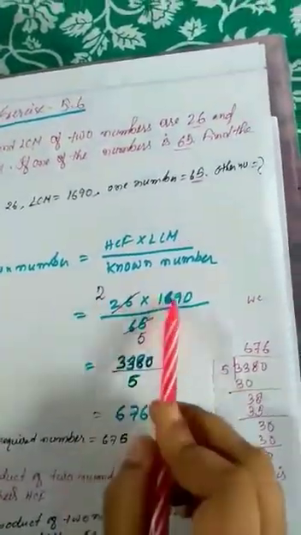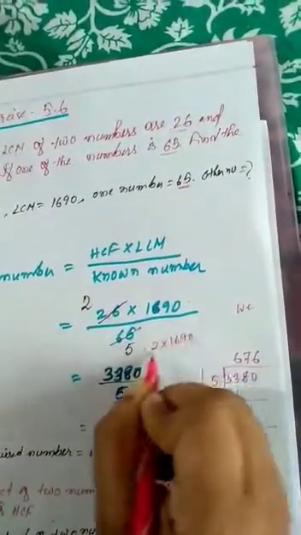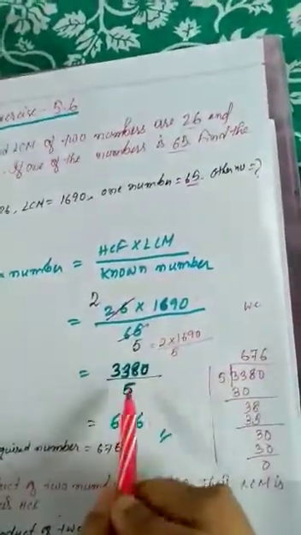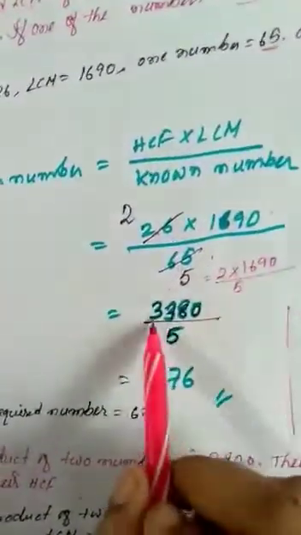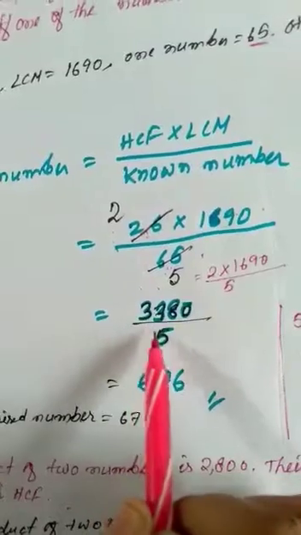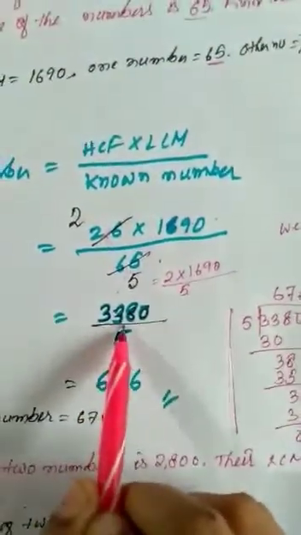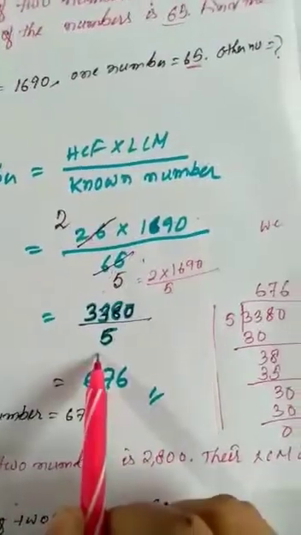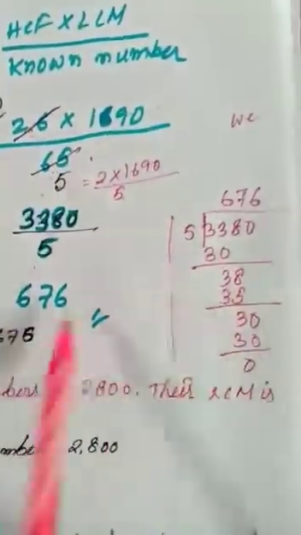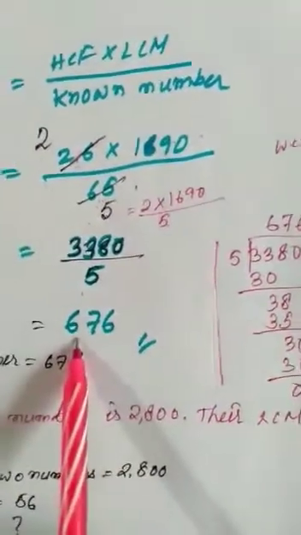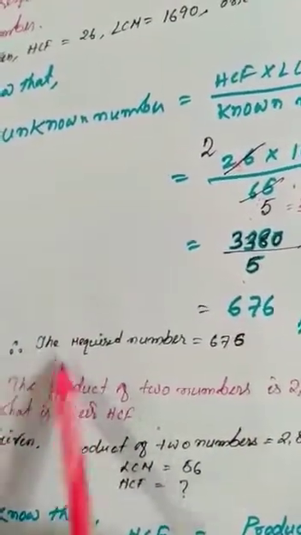Now 2 into 1690 you have to multiply. If you multiply here, it will be over 5. So now it's easy for you to multiply. After multiplying we have got this result, 3380, then we have to divide it by 5. So this is the work as I have shown here, students. After dividing we have got 676. Therefore the required number will be